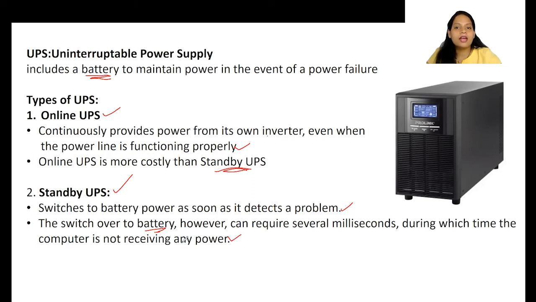Now these are the disadvantages of this, because suppose there is certain important data which you are working on. In your RAM, as soon as the power supply goes off, it's volatile, so it gets erased. So that is the risk. But in online UPS, it's continuously giving you power no matter whether the supply is there or not. So in that case we will not have a problem of data getting lost, but online UPS are costly ones. So this is about power supply to the computer system.